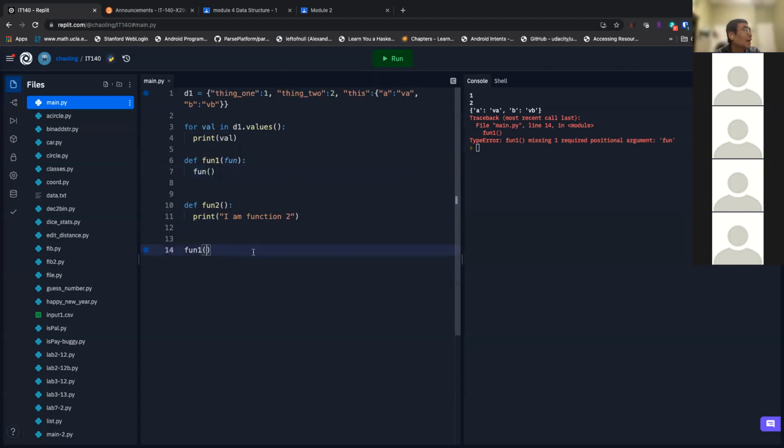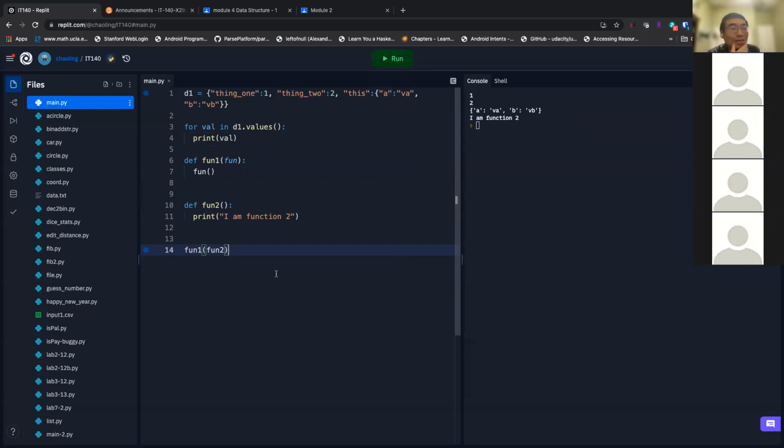Sorry, I have to provide an argument, which is function two. Right, that's the name of the argument. I don't know if that works. Yeah, so here you go. This is pretty advanced, but it's not so tangential. Does that answer the question?